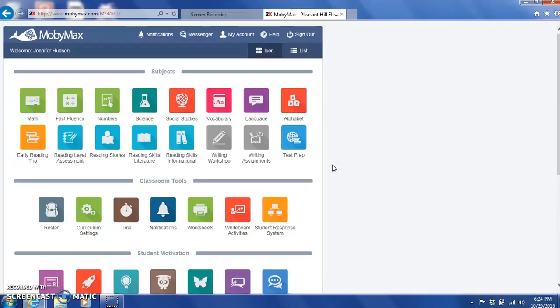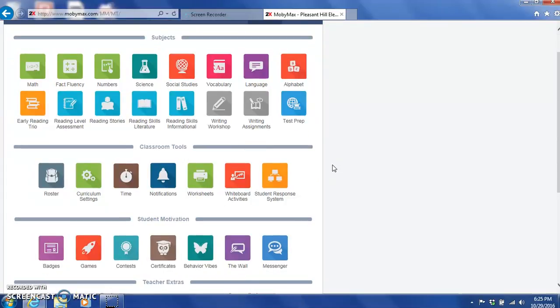Now, as I stated, there are many resources and programs for MobyMax. I also do know that the lessons are covering the gaps with using the Common Core standards, the Next Generation Science Standards, the NGSS, and the state standards. And those things are great to know, because you want to make sure that your students are getting the best resource available. I hope this helps,